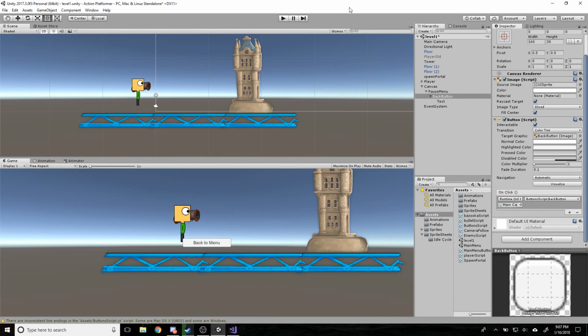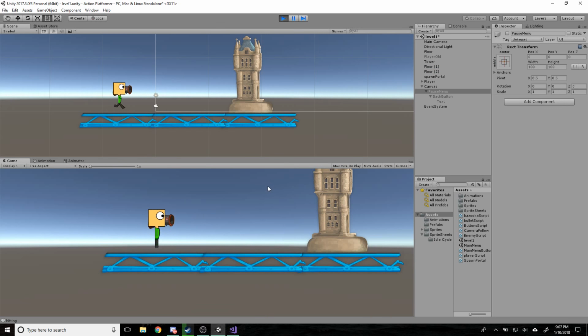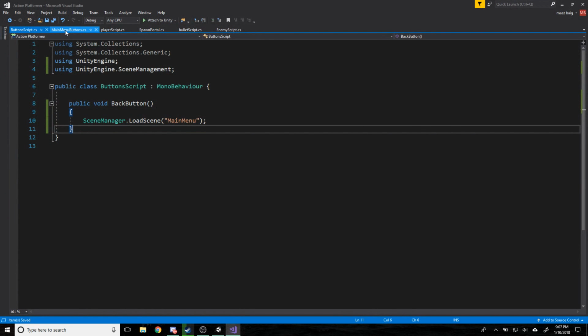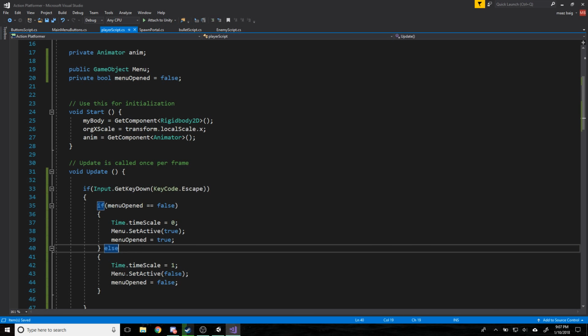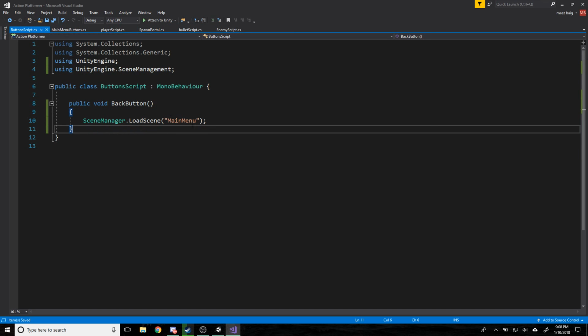Okay, so now we disable this pause menu again, we don't need it. Click play, and we should be able to walk in, escape, back to menu, play. Oh no, I know what happened. We forgot to set the time scale back to 1. The only way the time scale was being 1 was if you pressed escape again. So what we're going to do is copy this time scale, or you know what, we're not going to copy it, we'll write it. In the back button,